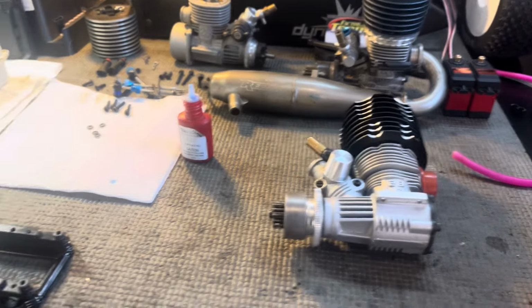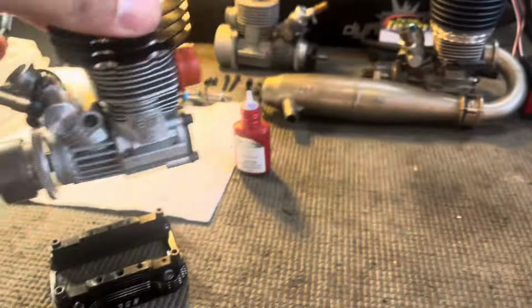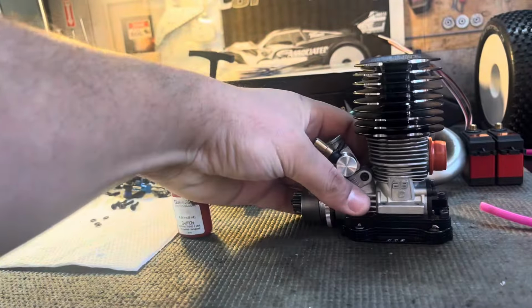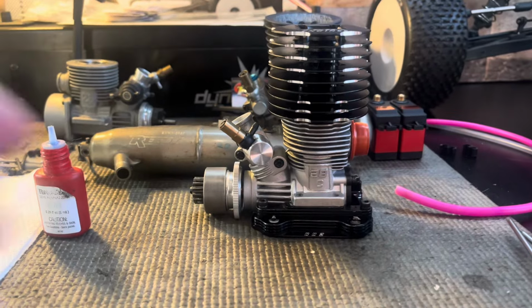Alright, so I can see that. That would look good. I'm not sure what color I'm going to go with on the body, but the other thing is,